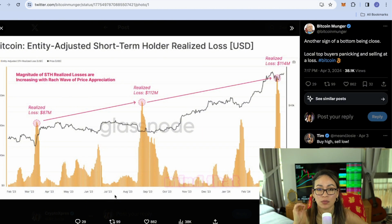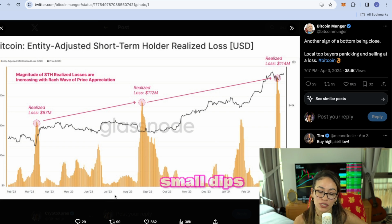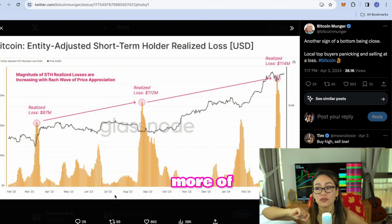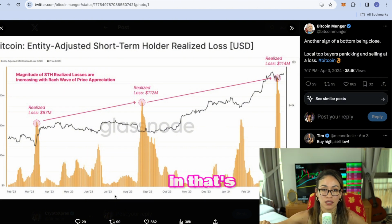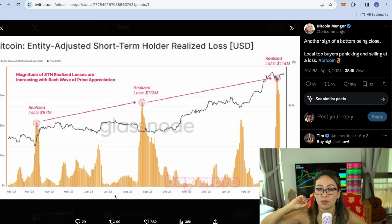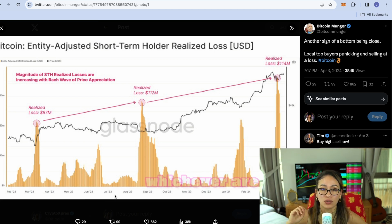But also keep in mind that just because we're on a run up doesn't mean there are not going to be little corrections along the way. Those are just small dips. And those are the opportunities you use to buy more of the tokens you believe in. That's when you buy more Bitcoin. That's when you buy more Avalanche. That's when you buy more of whichever are your top